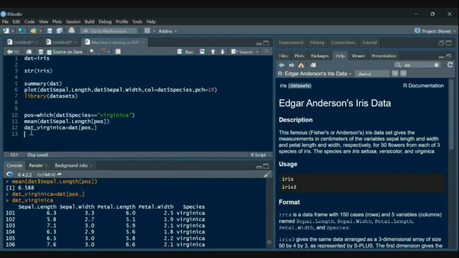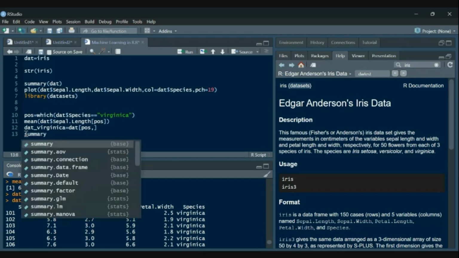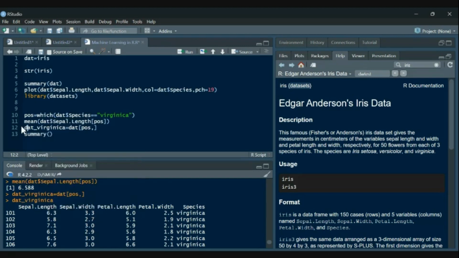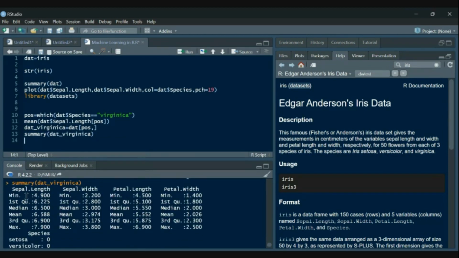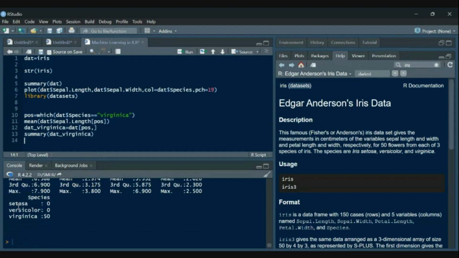Now, similarly, we can get the summary of the data for Virginica. The sepal length minimum, median, mean, maximum, the sepal width, petal width, and the species Setosa, Versicolor zero and Virginica is 50.